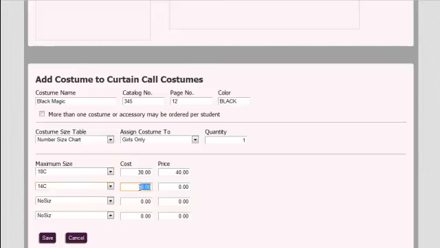And you'll set your next maximum size if you have one, and continue all the way down until you've set all of the maximum sizes and different costs. Once you've finished that, click the Save button,